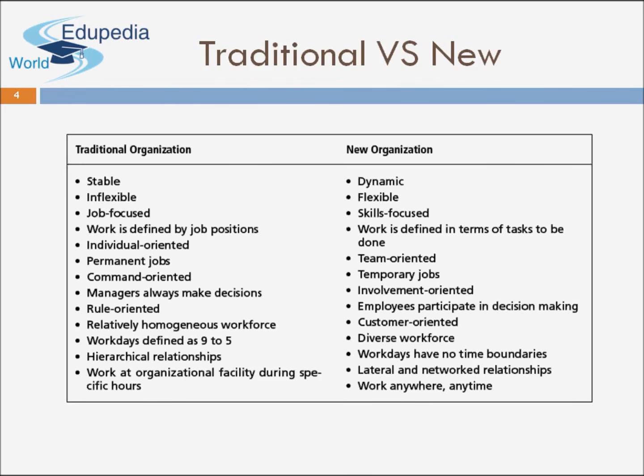Traditional organizations were job focused, whereas today's organizations are skill focused. Why do we say skill focused? Because when an organization today gives certain work to the employees, they give the work based on the competency of the employee. That means they look into the skill sets of the employee and then that particular work is given. But the primitive organizations just looked into whatever work needed to be done, irrespective of the competency of an individual. That particular work was given and the individual was told that you need to accomplish this particular work.